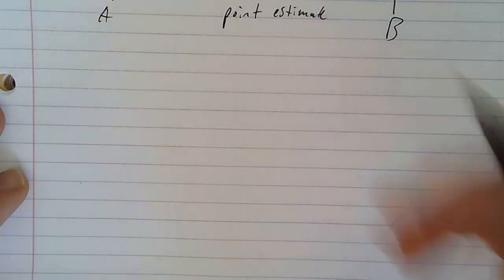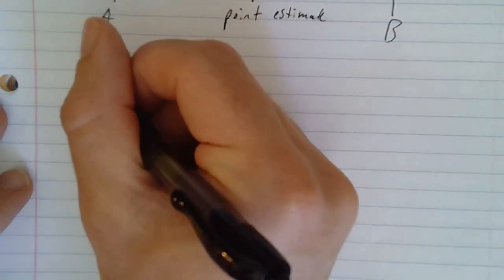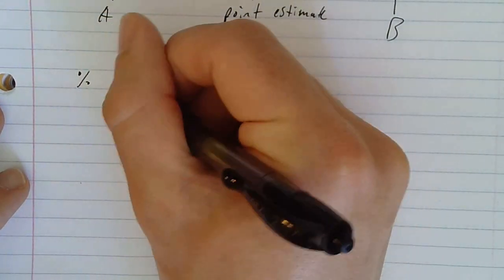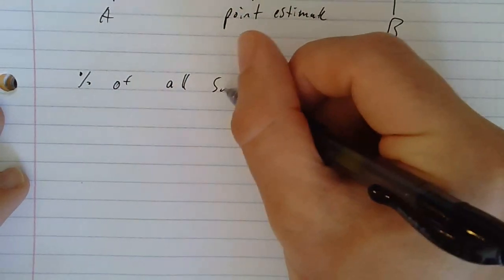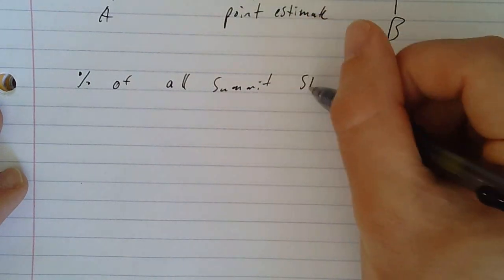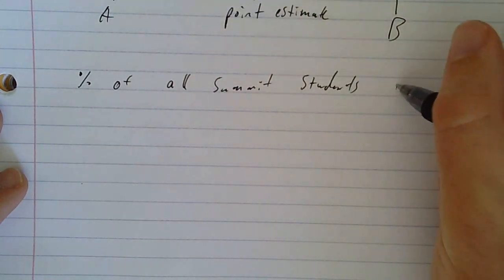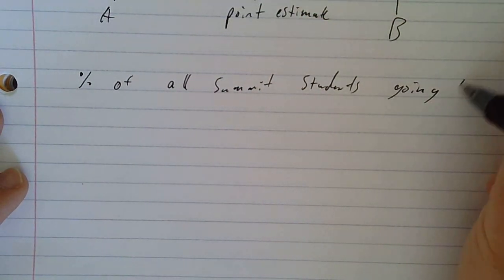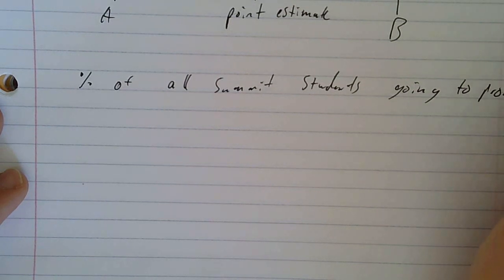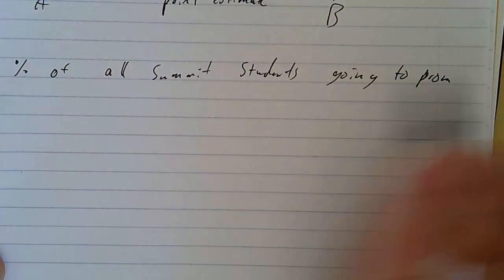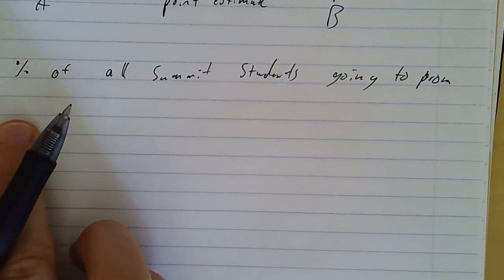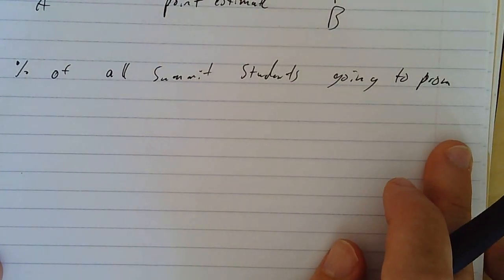So let's say I want to know, this is what we did in class, the percent of all Summit students going to prom. So let's just say in this example, all Summit students can go to prom, like underclassmen. So this is the parameter. This is what I'm looking for. I want the percent of all Summit students who go to prom. So I take a sample,